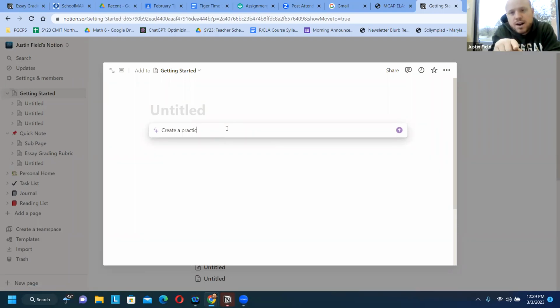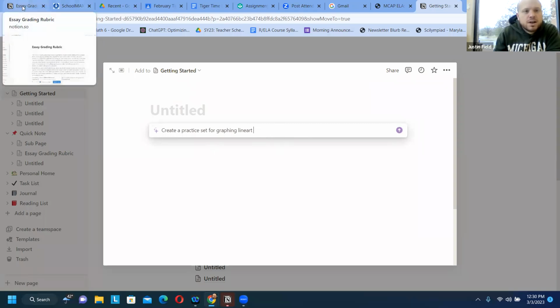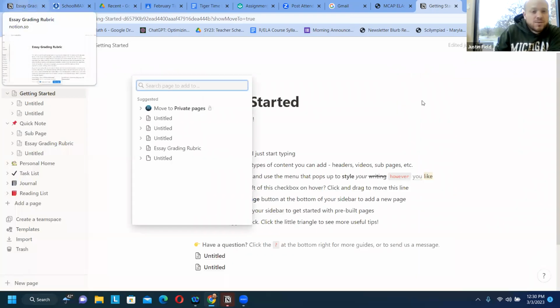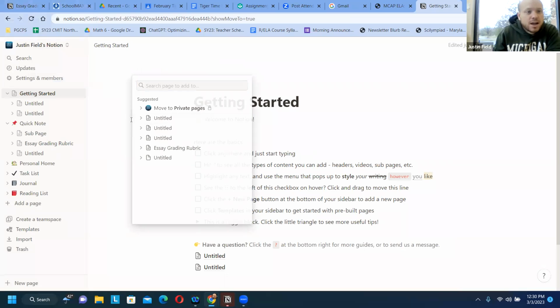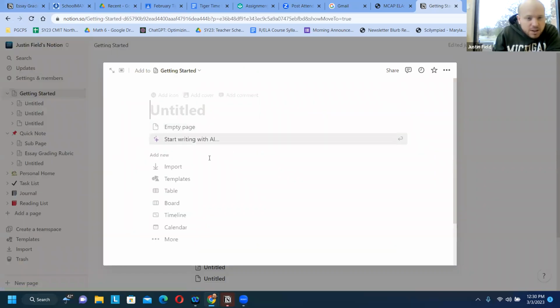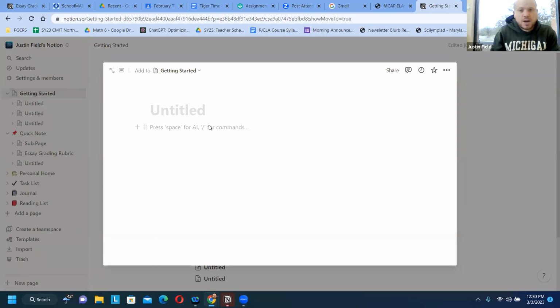And also you see how it's going slow, like I was typing right into the AI box and it's not really working. That has been happening to me too. See, now it's just frozen, but that's why I was copying and pasting into the AI box. So there's some clunkiness that I've experienced,